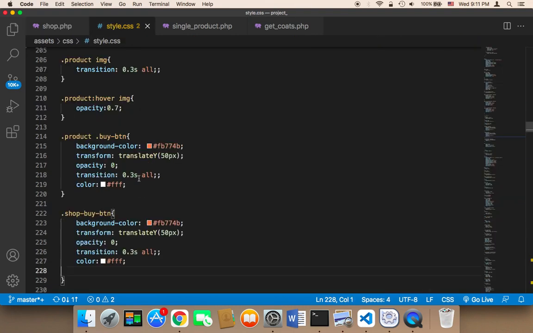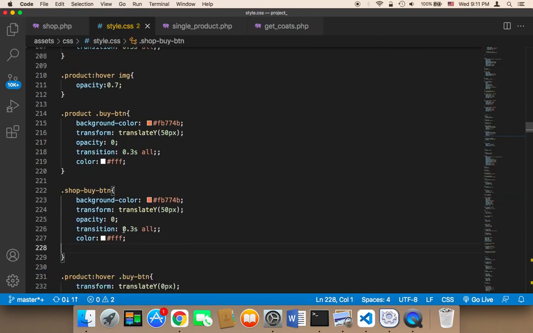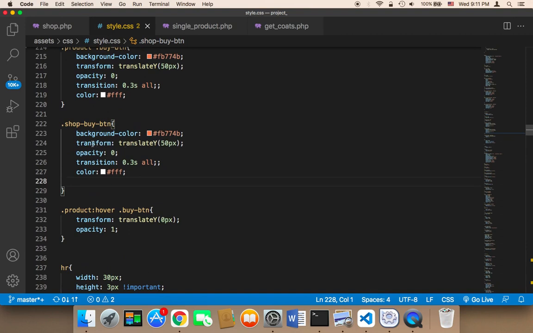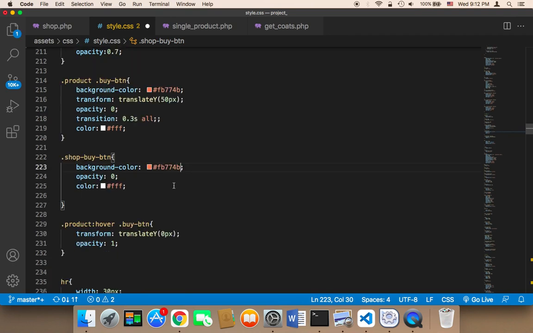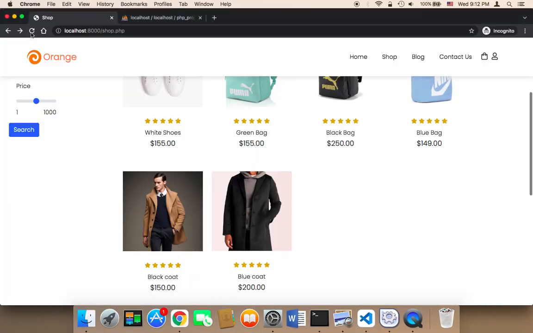And here again, we need to make sure that the code is perfect. We don't need this transform. Let me remove this transform and keep just the opacity. And also I'm going to remove the transition, if you want the button to be displayed all the time, if you don't want to hide the button. And here I'm going to say also the opacity 1. This is very important. Now if I save and refresh,